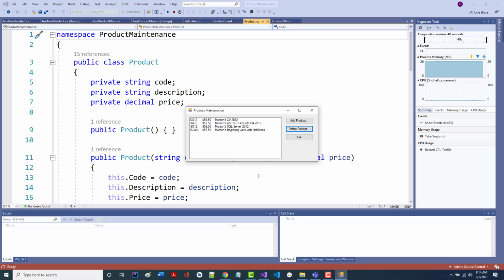Now, there's something actually pretty important with this, and that is we're not working with a database right now. We're just throwing things into a list box and removing things from a list box. That's not as important now, but it will be later, because with databases, every record has what's called a primary key, which is a unique record identifier.